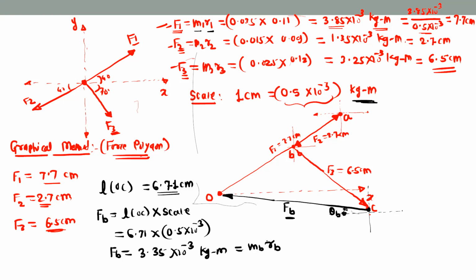So now in the problem, the balancing mass value is not given. Okay, what should be the balancing mass of the fourth bolt? So we can assume the balancing mass. So assume balancing mass is 20 gram. Okay. So you can put this value in this equation. So 20 gram means this is 0.02 into radius RB. Okay. And then calculate the radius RB. So this is equal to 167 millimeter.